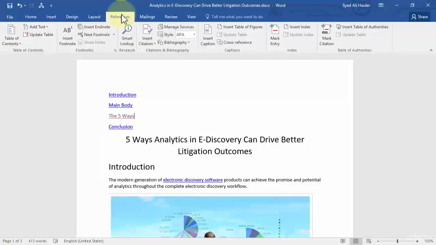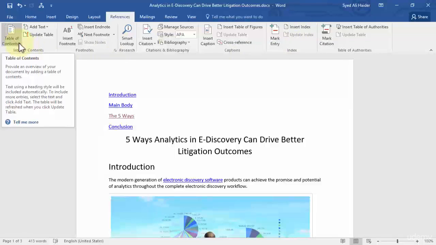And once you navigate to your References tab, you see that the first section of our references is Table of Contents. And in the previous lesson we worked with the Index section right over here. We marked some entries and we inserted our index. The next thing is the table of contents, and to create the table of contents you simply need to click over here,